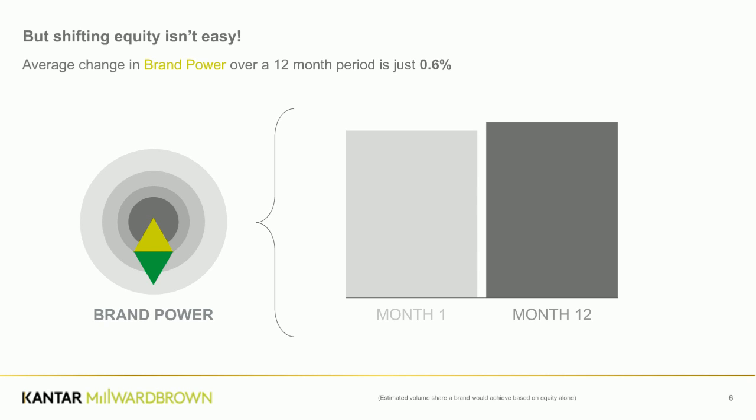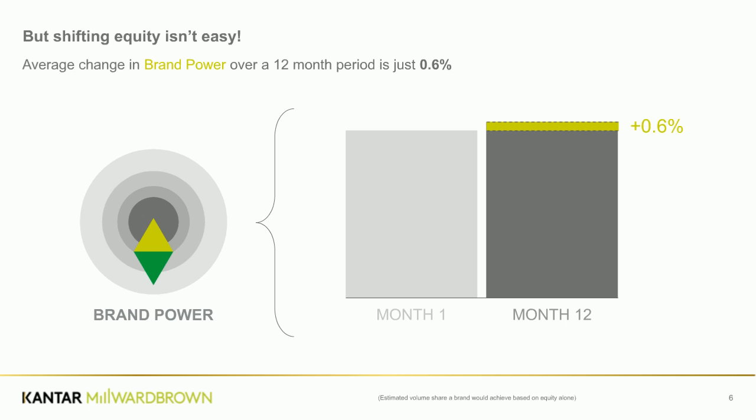So even though those basic principles are fairly clear, we definitely understand that growing equity isn't easy. As part of our brand equity approach, we combine measures of a brand's performance on these individual components of meaning, difference and salience to create an overall summary score of a brand's equity called the power score. This is a summary measure of the estimated volume share a brand would achieve if it was just based on its equity alone. And we know that a brand's equity doesn't flip-flop overnight.